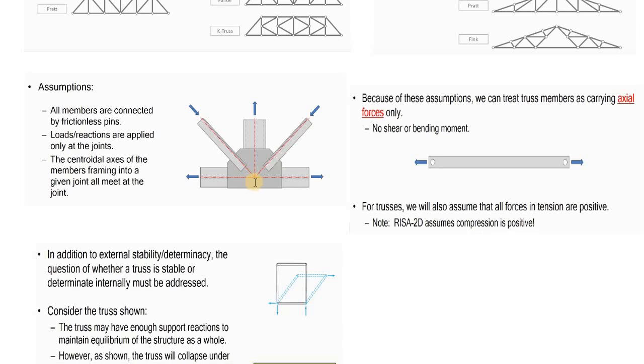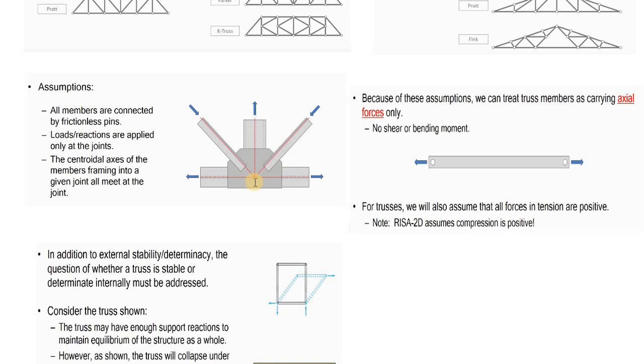So this is where we are going to introduce the concept of centroid. Centroid is that point on a given shape where you can concentrate all the resultant forces. For example, if you have a rectangular load, the centroid is in the middle. And if you have a triangular load, the centroid is 1/3 of the way over. So centroid is just the point on a given shape where all the concentrated load meets.